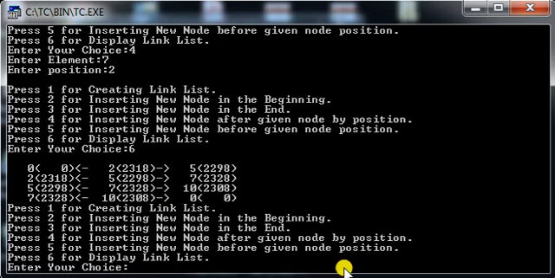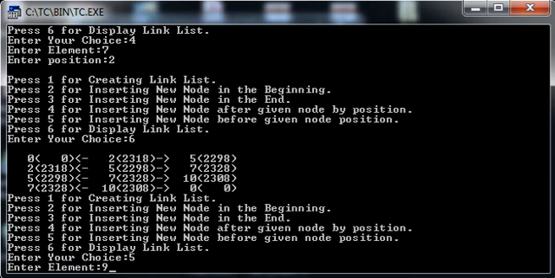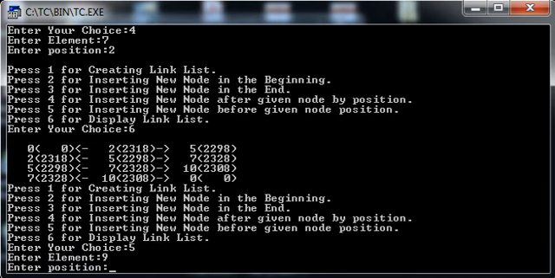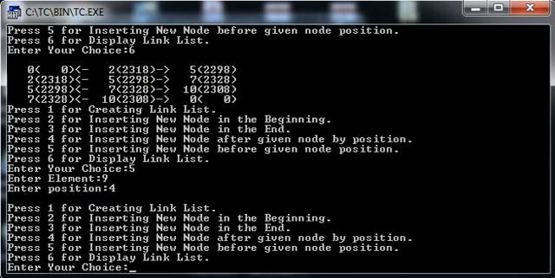Okay. Next, inserting a new node before given position. So let me insert 9 before 10. So that should be 1, 2, 3, 4, before fourth position.